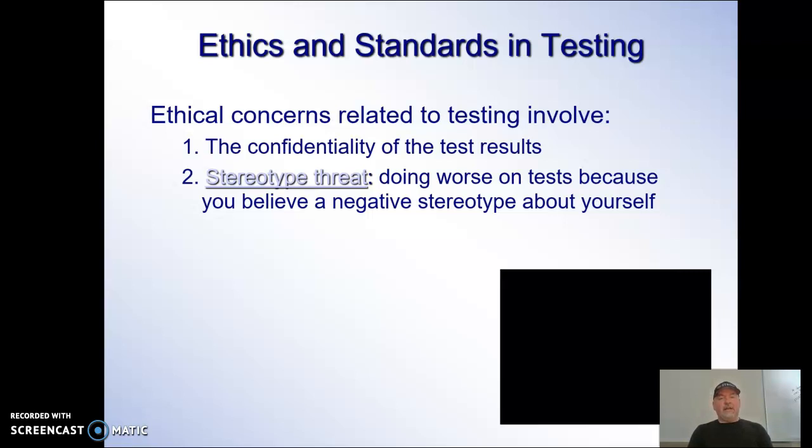But the video basically said that they would give people a test, and they would say there would be a group of Caucasians and a group of African Americans, and they would say, this is a test of strategic thinking in sports. And then the Caucasians would do better on the test. And they would take another group and they'd say, this is a test of athletic ability, and the African Americans would do better on the test. Now why the difference? It's because we invoked the stereotype. The stereotype is that Caucasians are better at analytic thinking and that African Americans are better at athletic type thinking. That's just not true.